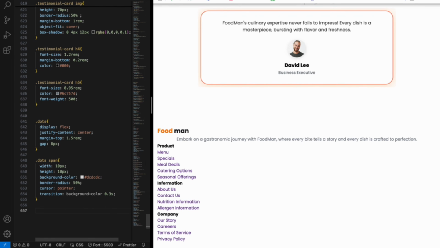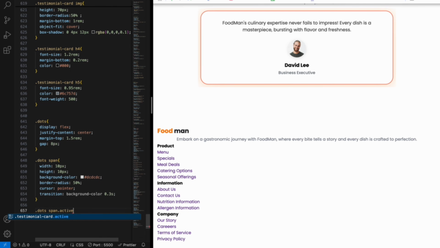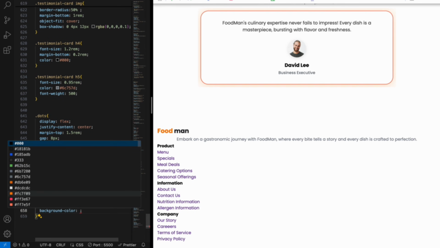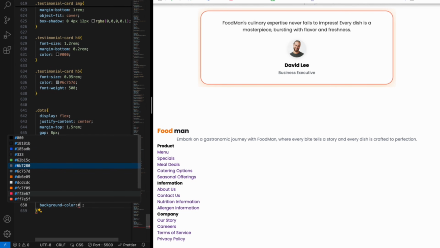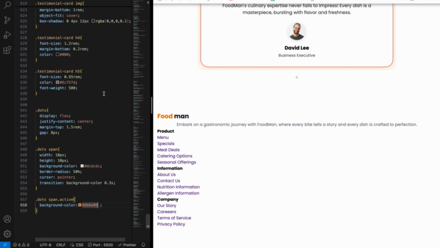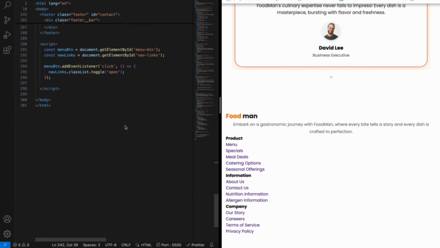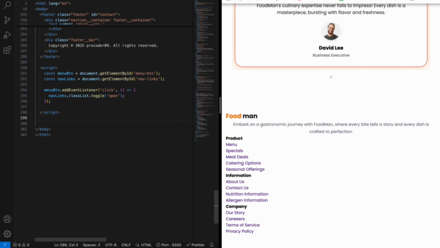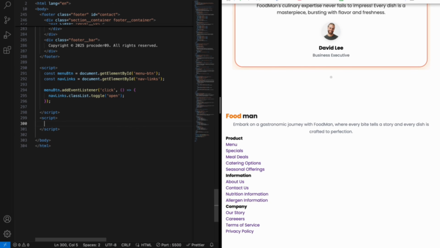Okay, after that what we have to do is to set it to active. So dots span, and then dot active, and now add the background color to this color. Okay. So guys, everything done, and I know you might think why the dots are not showing, because it is done by the JavaScript here. So let's go to the JavaScript part, and here create another script, because I don't want to mix that. Okay, so create another script, and inside the script what we have to add is to start